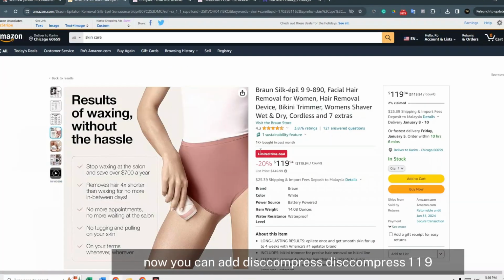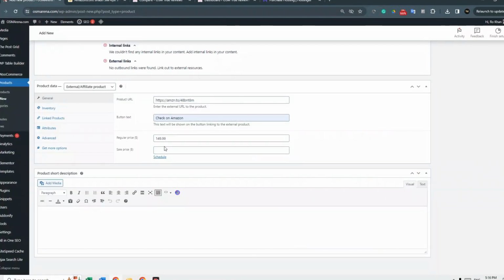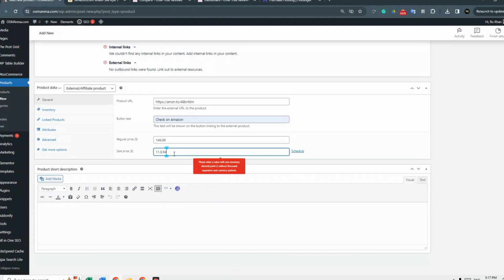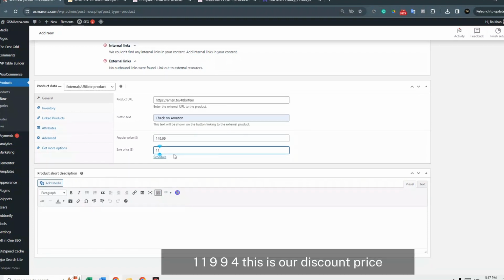Now you can add a discount price, 11994. This is our discount price, this is the regular price. If your product has no discount price, you just put the regular price here and leave this empty. Okay, now